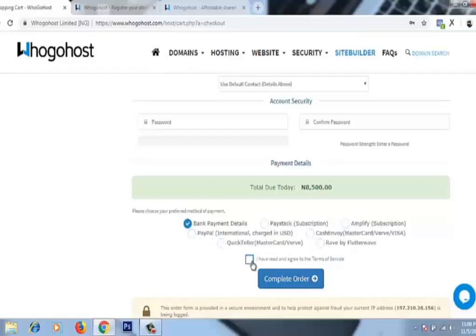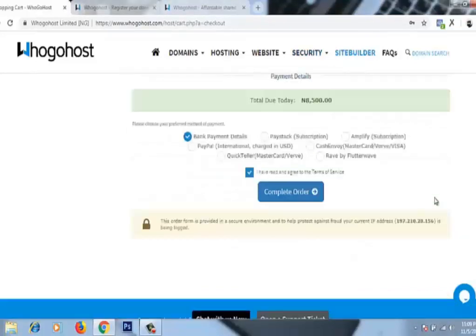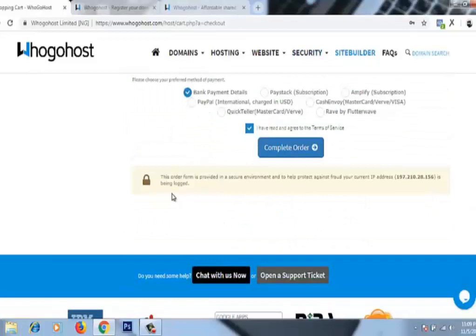You have to agree to the terms of service and complete your order. So the next page is where you're going to see their bank details, or you add your credit card and pay through your credit card. So see you in the next chapter. Thank you.